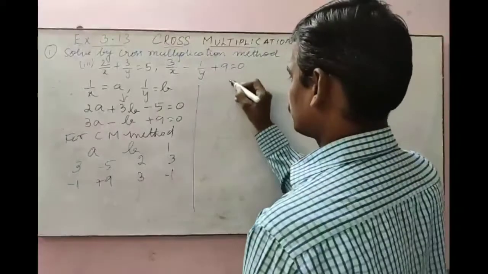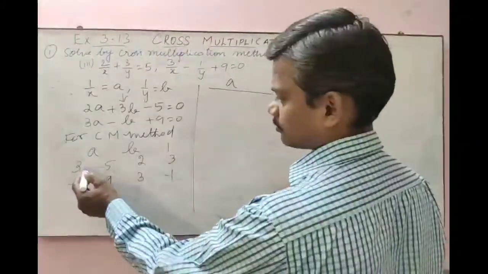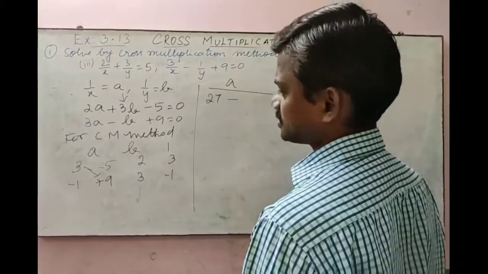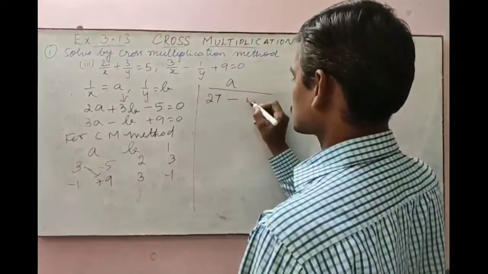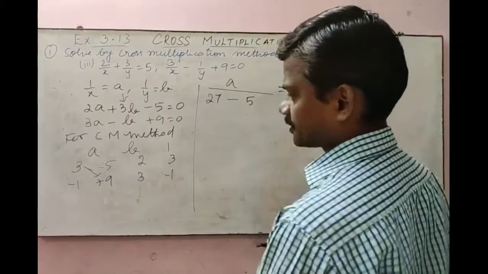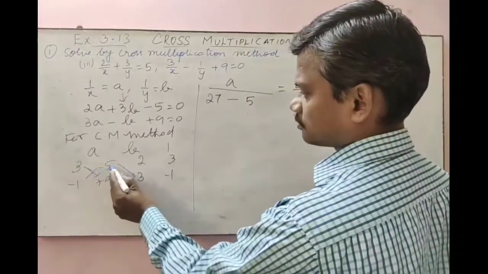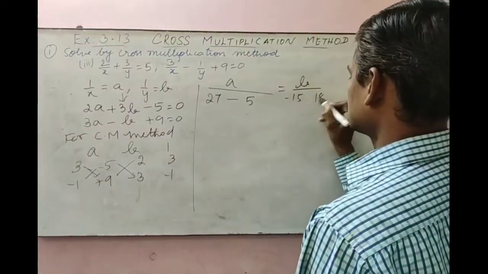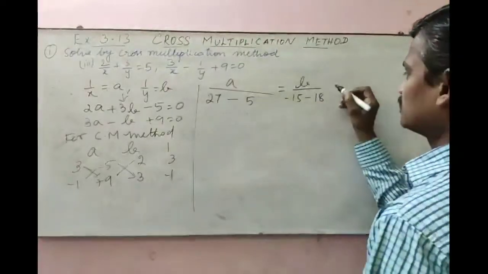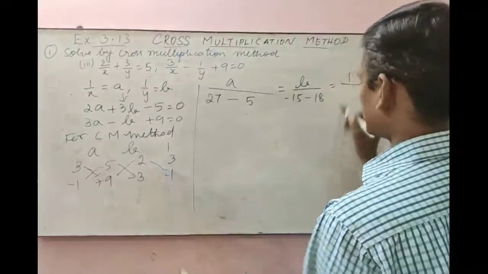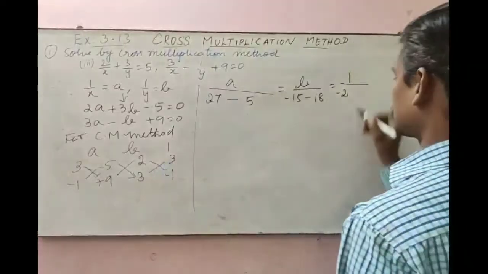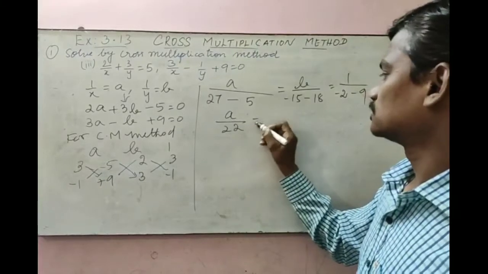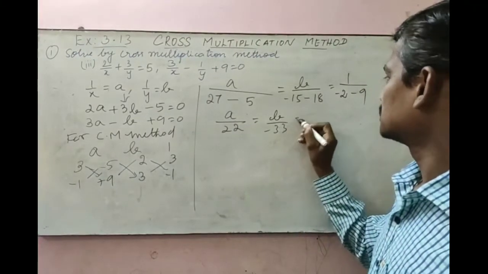So now I am going to find the values by cross multiplying. If we cross multiply these two, 3 into 9 gives 27, minus 1 into minus 5 becomes plus 5, equal to b by, here, minus 5 into 3 gives minus 15, 9 into 2 gives 18, but here we have minus in the formula, equal to 1 by 2 into minus 1 minus 2, 3 into 3 gives 9, minus 9. If we simplify this, you will get a by 22 equal to b by minus 33 equal to 1 by